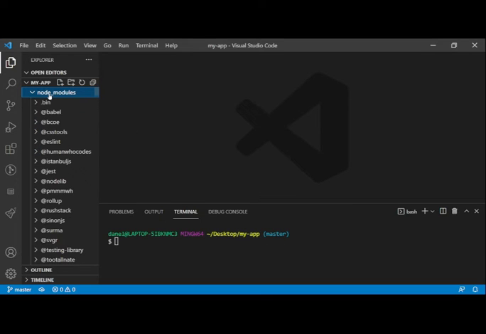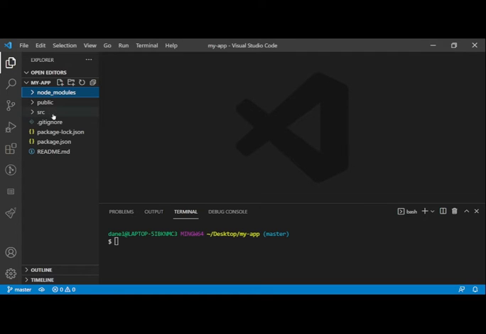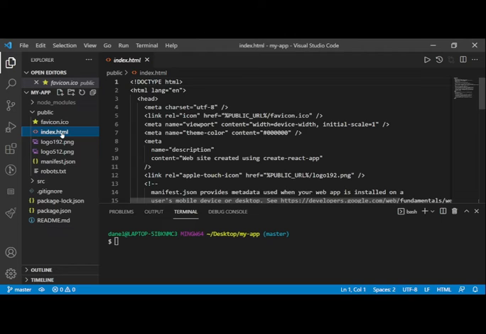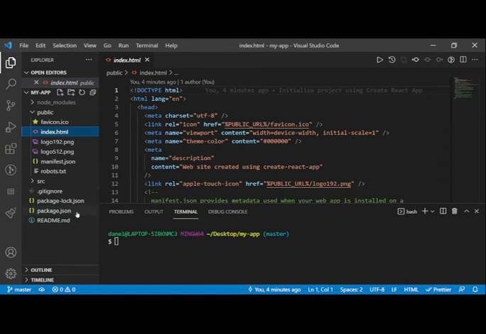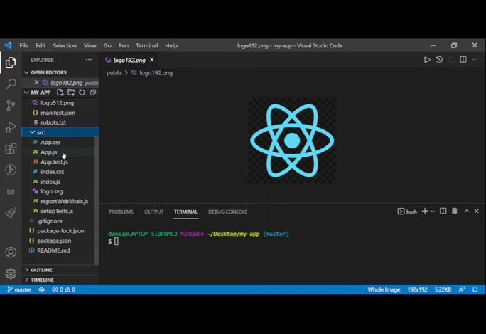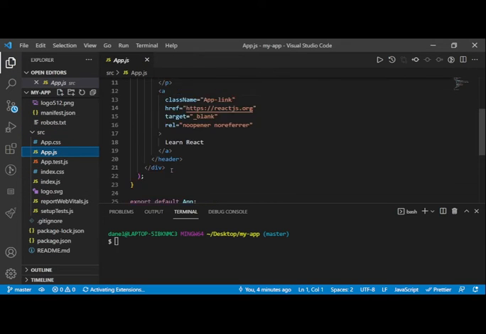That is our application name. So you can see all these node modules that have been installed. You can see a folder called public, which has all these things, and you can see this one HTML file in this entire application. So these things are already there that we will get rid of very soon.